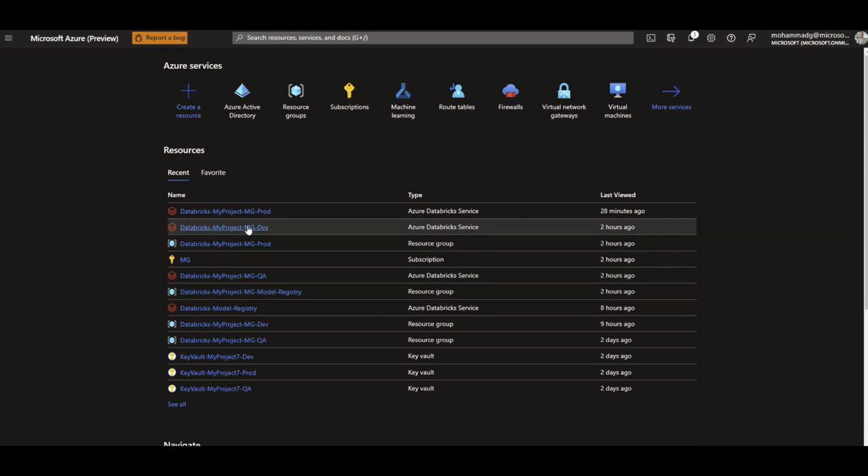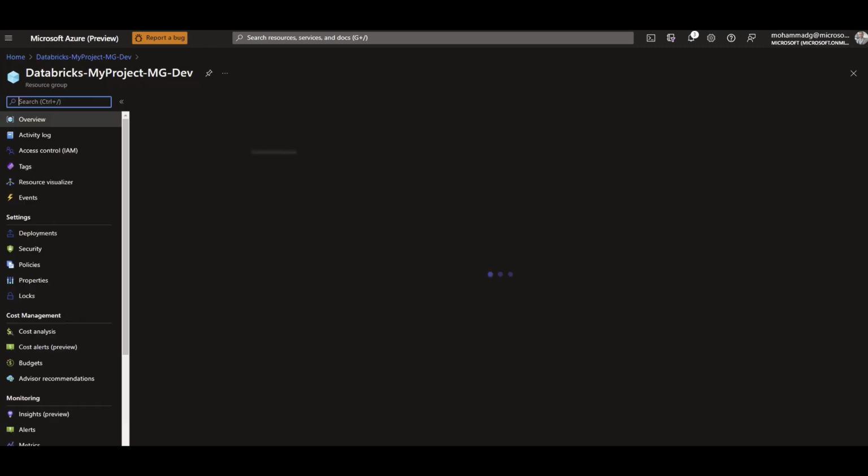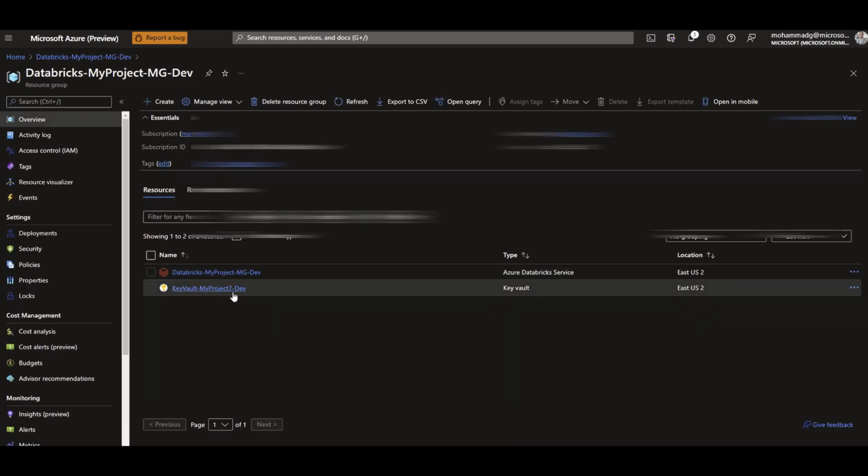Let's say clicking on dev, you can see that the resource group here has the same name that I gave to the Databricks name, but it's in the dev resource group. Yours can be in a dev subscription. And of course, within that resource group, there's a key vault associated. And I told you this key vault already has some secrets, but they are just 000. You have to change it. So what you need to do,